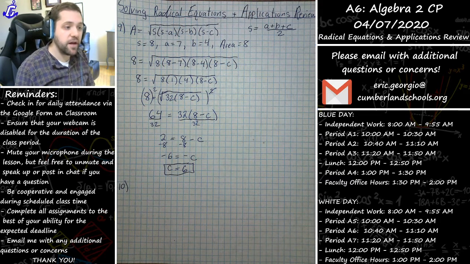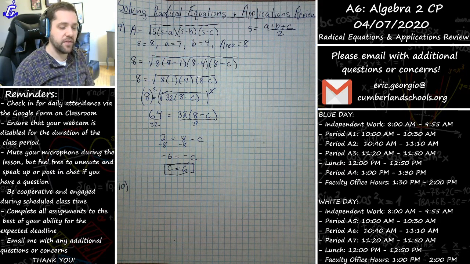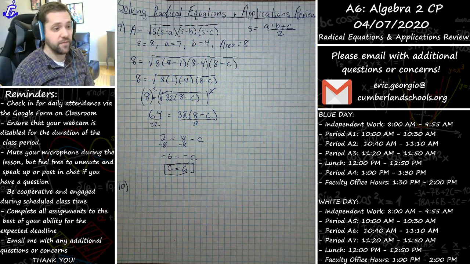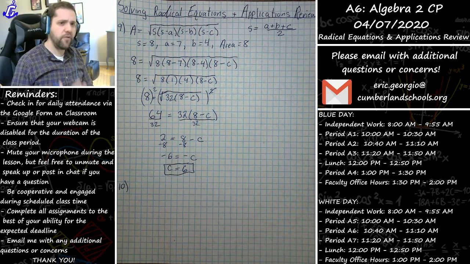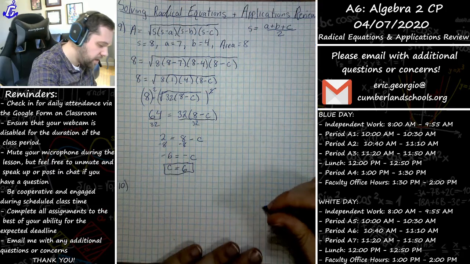It says the area of a triangle is 36 square feet. If the base of the triangle is 8 feet and the height is the square root of x minus 1 feet, what is the value of x, and then what, therefore, is the height of the triangle? So it doesn't actually give you a specific formula, but hopefully you remembered from geometry that if you have